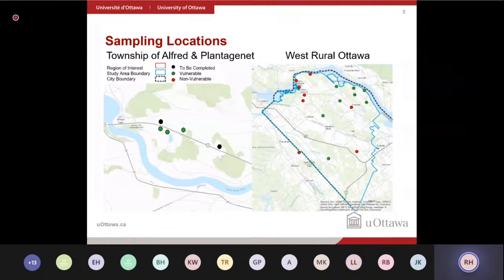As you can see on the right of the screen, a lot of the non-vulnerable sites were selected in western rural Ottawa, because the areas there are obviously non-vulnerable, so we're able to test wells there and get control sites. And we did select a few vulnerable sites out there where there's known presence of thin soils or inferred karst geology. And then in Alfred and Plantagenet, we were able to get 3 samples so far, but we